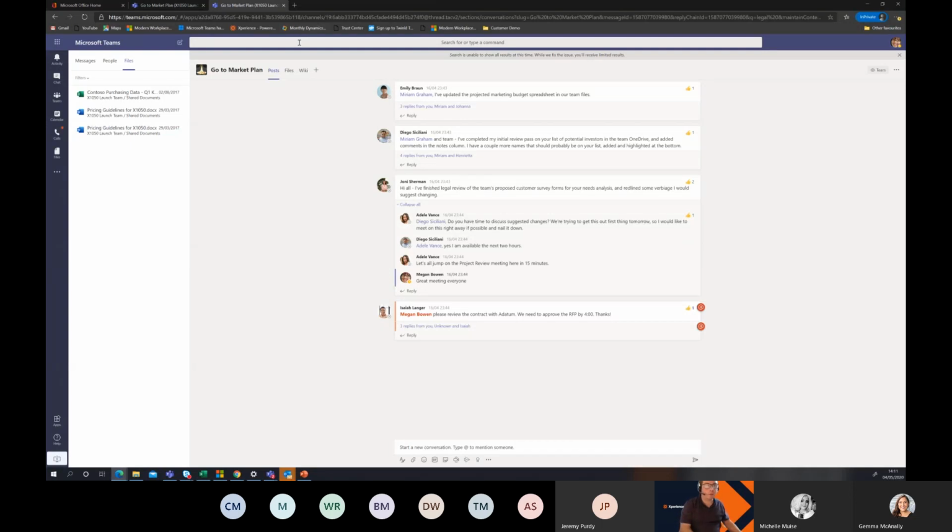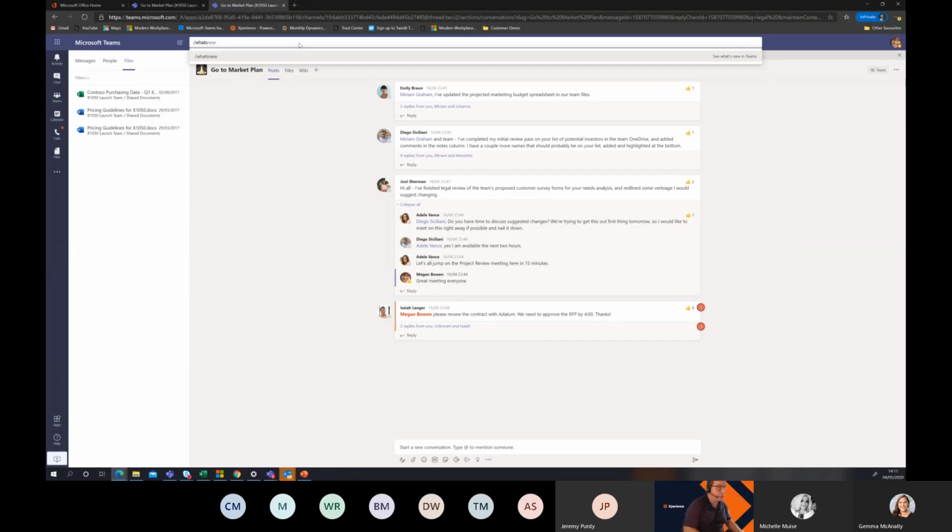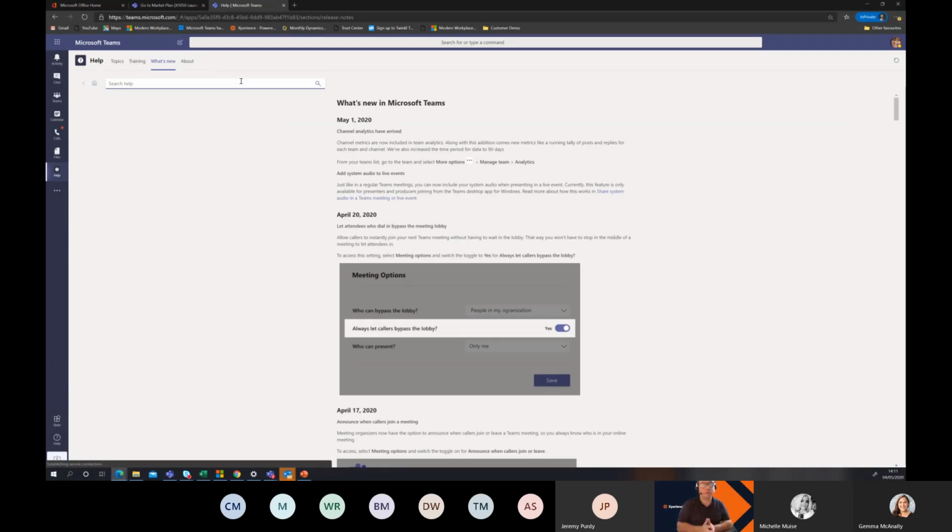That means that she's away from her desk. It also allows you, for those people that are new to Teams, to go /what's new. And that brings you straight to the help section of Teams and straight into the what's new. Okay. Again, for anyone that's used the product over any length of time, as I said at the start, you